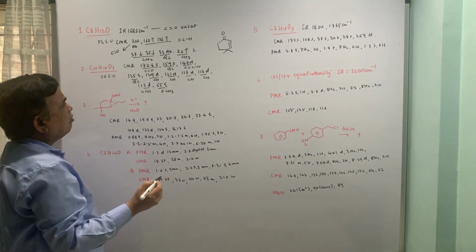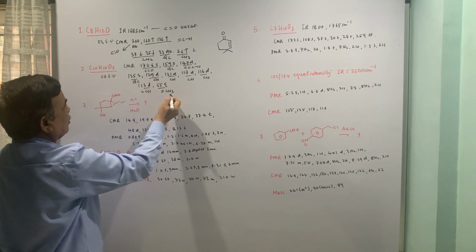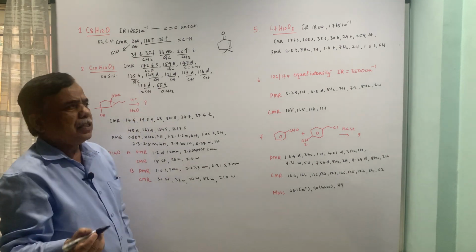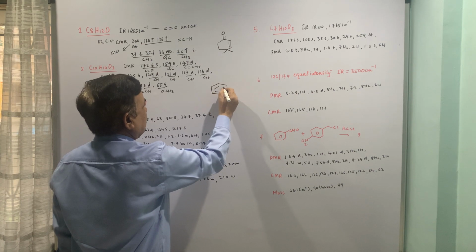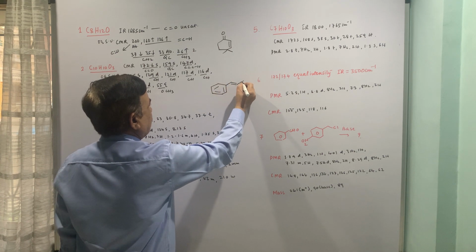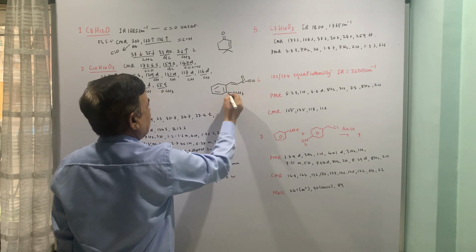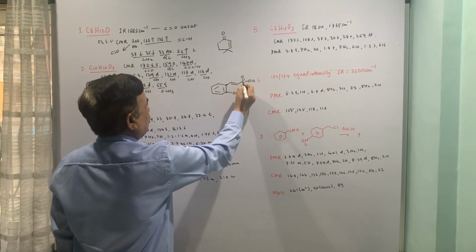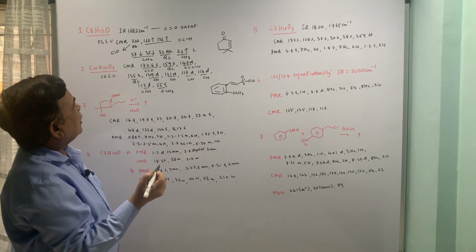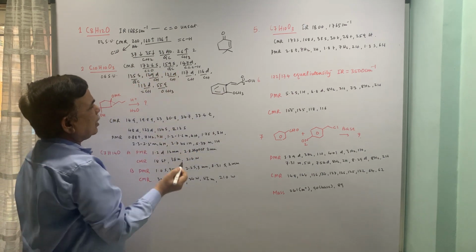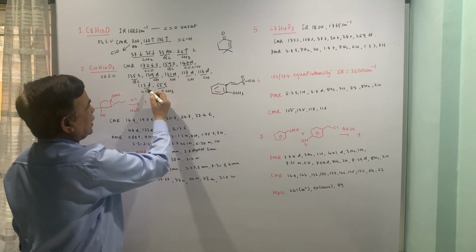So anhydride, or you can think of acid also, because one OCH3 is there, so naturally one oxygen is being utilized, and that's why the probable structure I am putting: COOH and OCH3 can be kept here. This is 1, 2, 3 quaternary carbons are there. Then 1, 2, 3, 4, 5, 6.